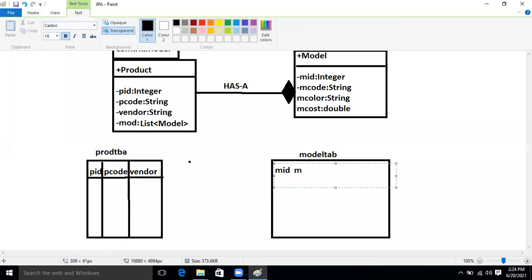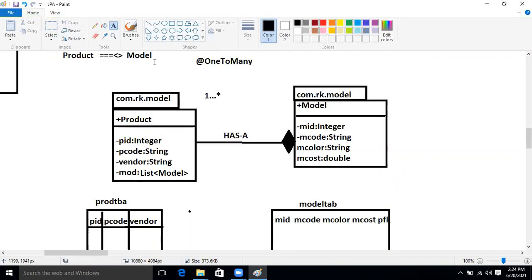M cost, M code, and M color. Another one is M cost, and another one is product foreign key, right? So these columns will be there now.